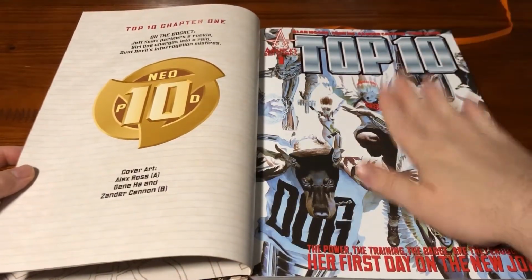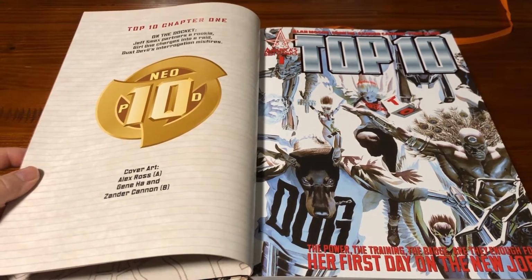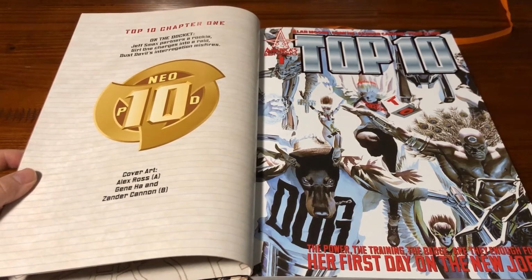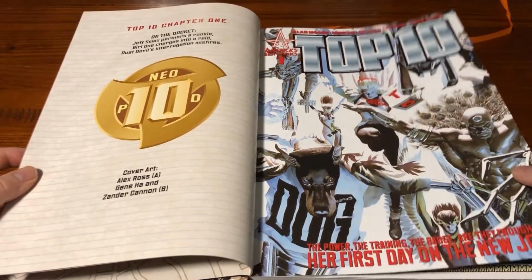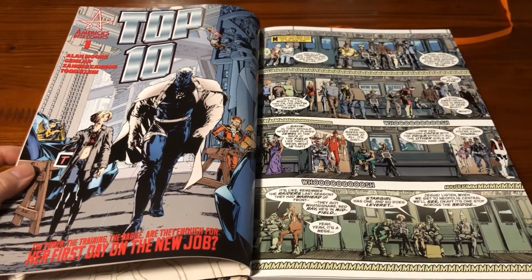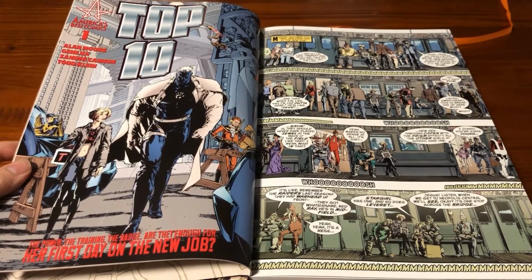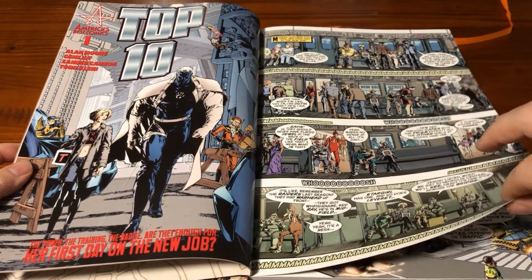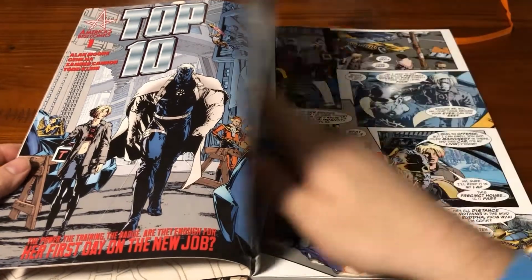We get an amazing first cover by Alex Ross, who, if you're not familiar, has done Kingdom Come for DC, Justice for DC, Marvels over at Marvel, as well as a lot of other covers and projects like that for both DC and Marvel. And we get straight into it. And Gene Ha's art is really great throughout this book. And we get a pretty diverse cast of characters when we're looking through the stories themselves,